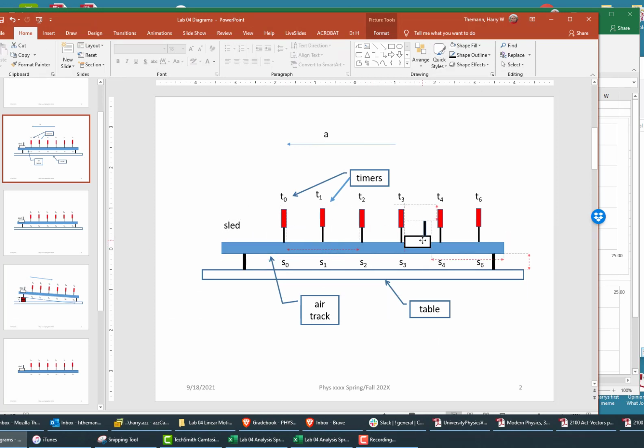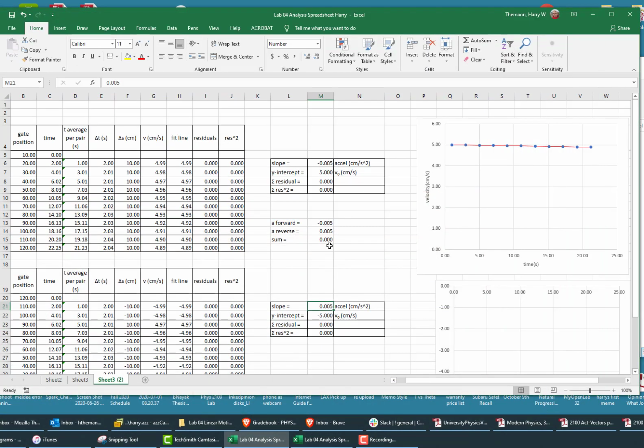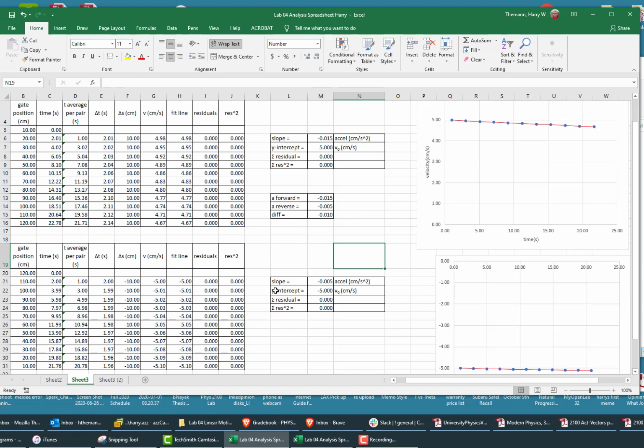If we set this thing going, and we had a really long one, we'd notice that it would eventually slow down. And in fact, there are other things like variation of wind in the room or something like that. So even if you get a slight amount of residual acceleration,